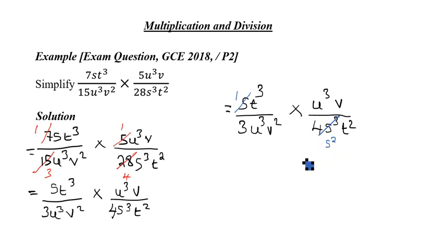Have you seen how I'm doing it? To avoid making mistakes, you have to know carefully after dividing what has remained. Okay. All right. So now that we have cancelled that, let's go to the other term that we can divide. Okay. So we have t to the power 3 and t to the power 2. So this t to the power 2 can go into t to the power 3, and we are going to